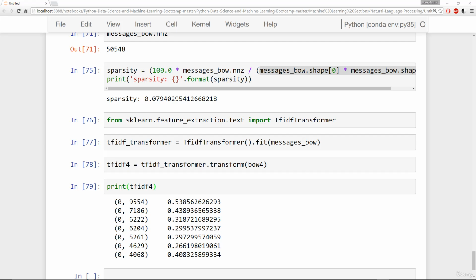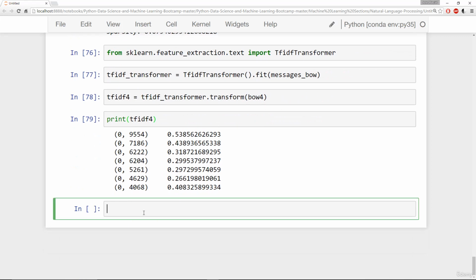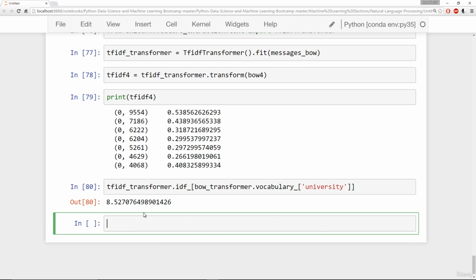And now we can go ahead and check the inverse document frequency of a particular word. For instance, if I wanted to check the document frequency of the word university, I could say TF-IDF transformer, and then call IDF underscore, and then pass in my vocabulary. That was the bag of words underscore transformer, vocabulary underscore, and pass in the word I want to check. So for something like university, just a randomly chosen word, I can go ahead and grab that inverse document